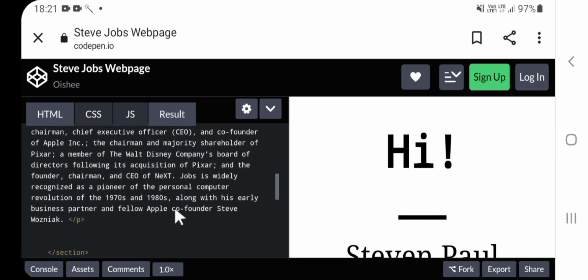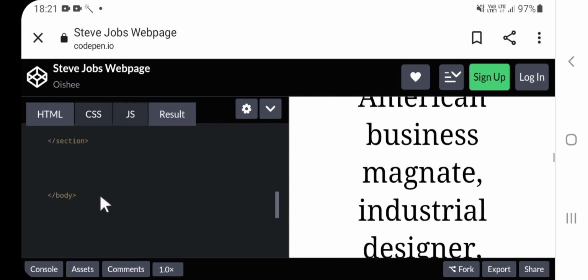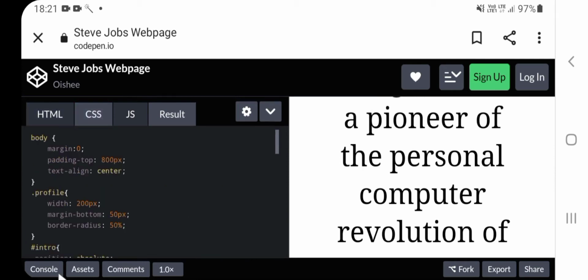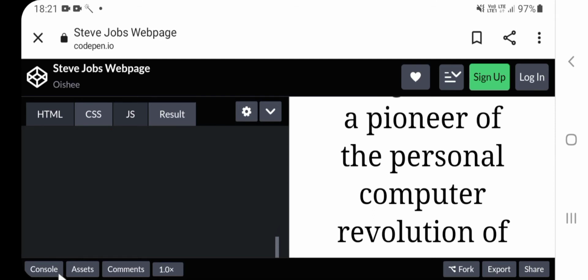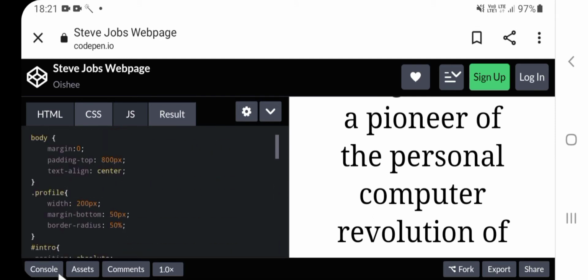You can copy it from anywhere you want to, and close the section tag and close the body tag, and that's all. HTML is a bit easy this time, and CSS is very easy, but over here you had to follow a few instructions, so it's not that easy.